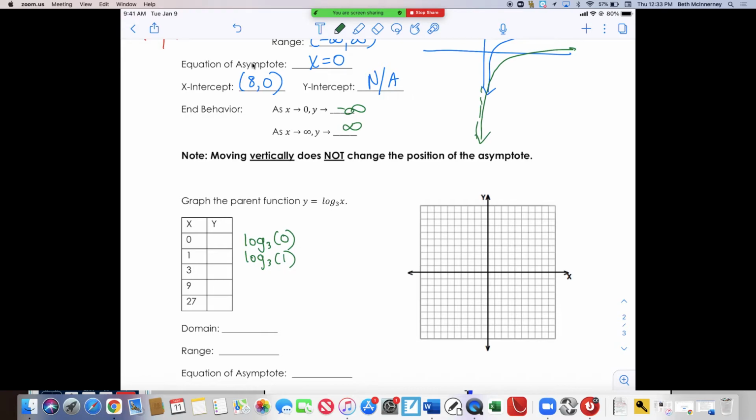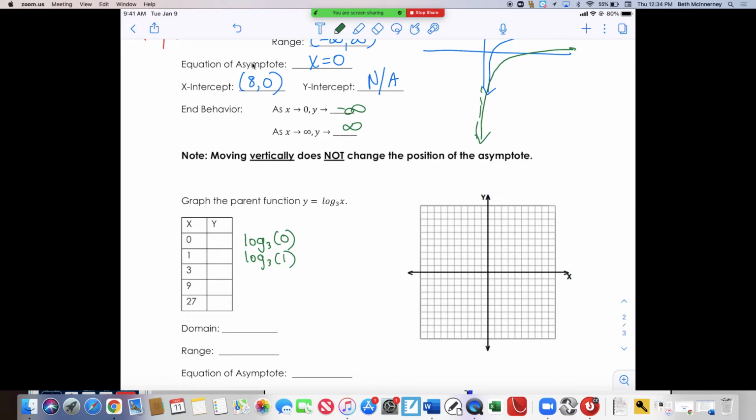Now, I really can't tell you why those are undefined yet. We're going to get there, but for now, we're just going to trust the calculator. No, you want to go to a blank calculator. Well, first we're going to do the table. So what you want to do